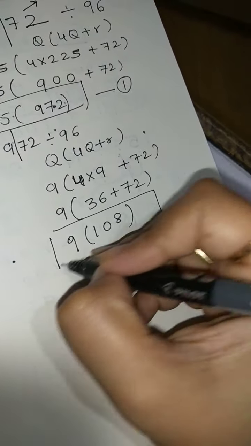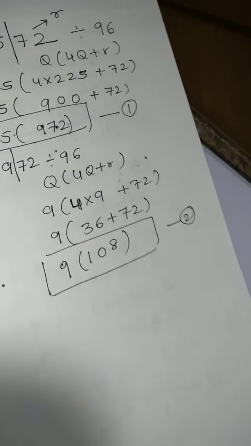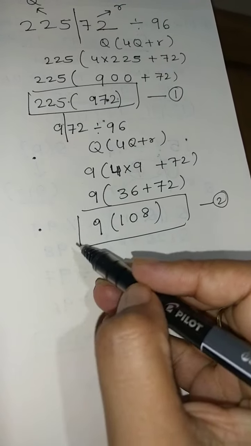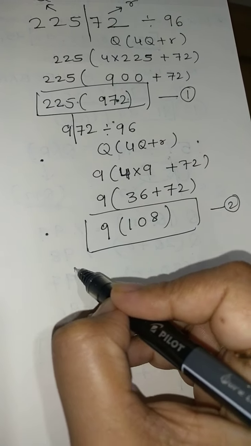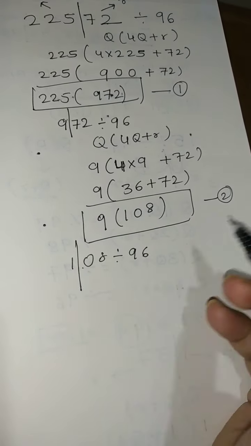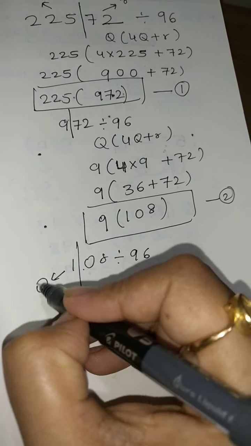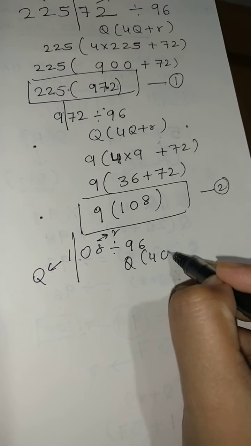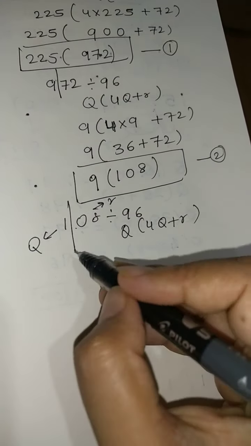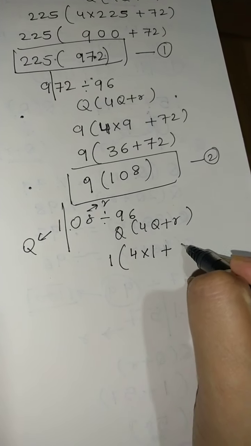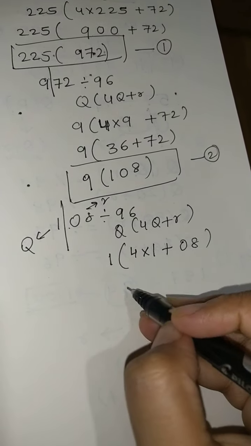But because 108 is further greater than 96, we are going to further divide it. 108 divided by 96, split between the tens and hundreds. This becomes your q, this becomes your r. Formula you know, q, 4q plus r. So let's substitute 4 into 1 plus 08. That becomes